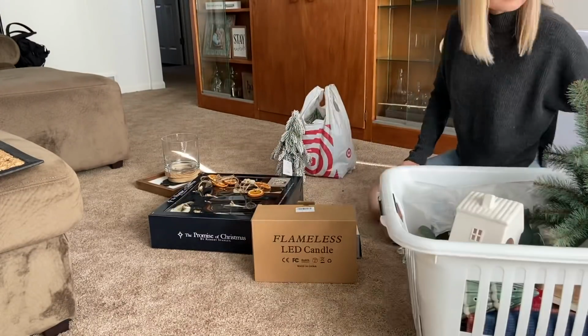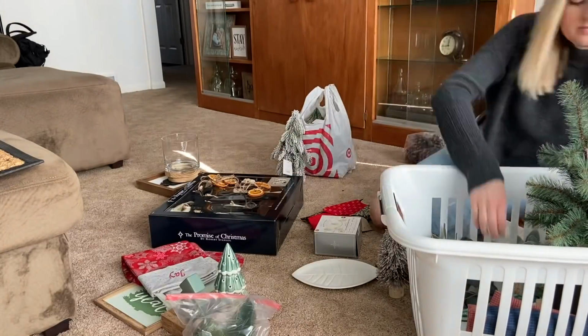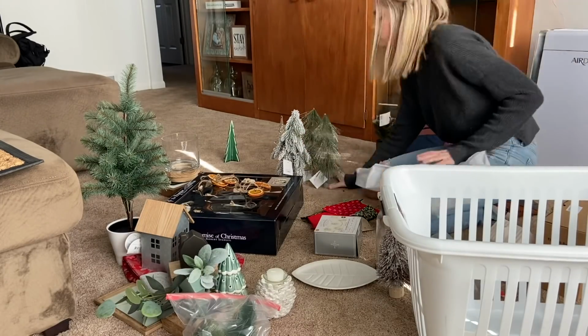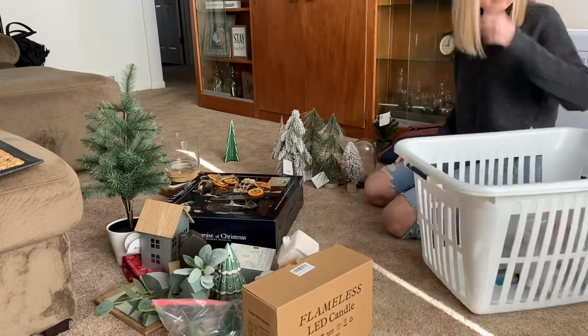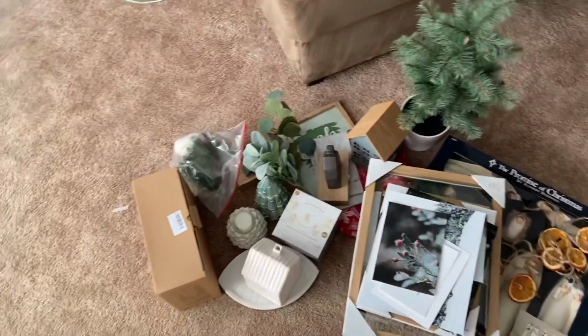My plan is going to be to organize all my stuff real quick into piles of what room it goes to, because some of it I know where it goes, and then I will be able to think better on which room I want to start with. We're organized. So this pile over here is all my living room decor, and then this pile as well